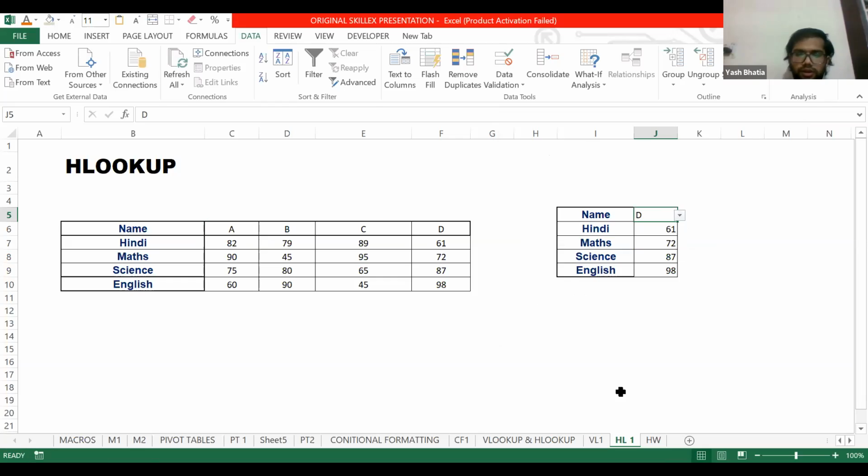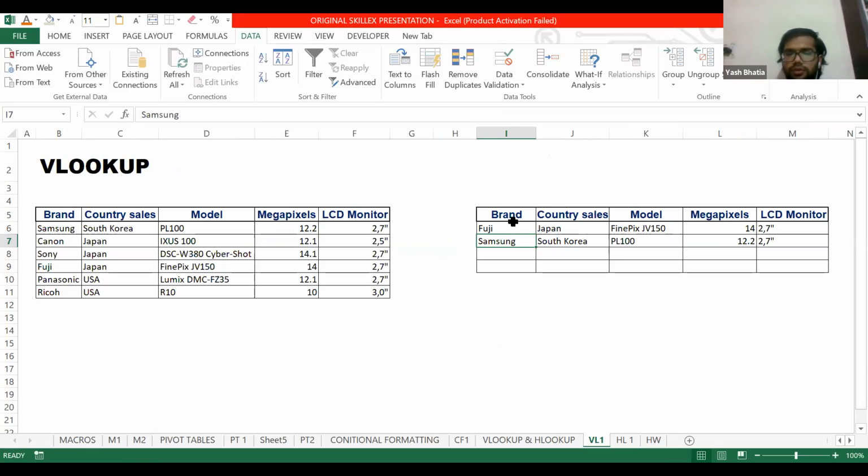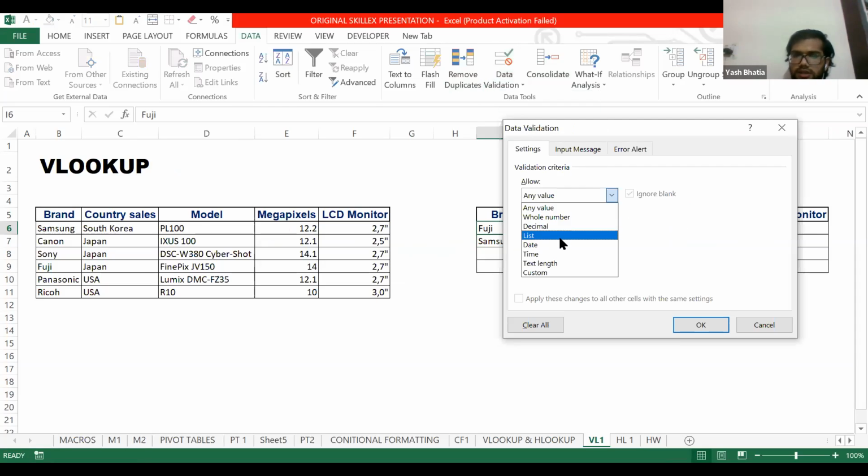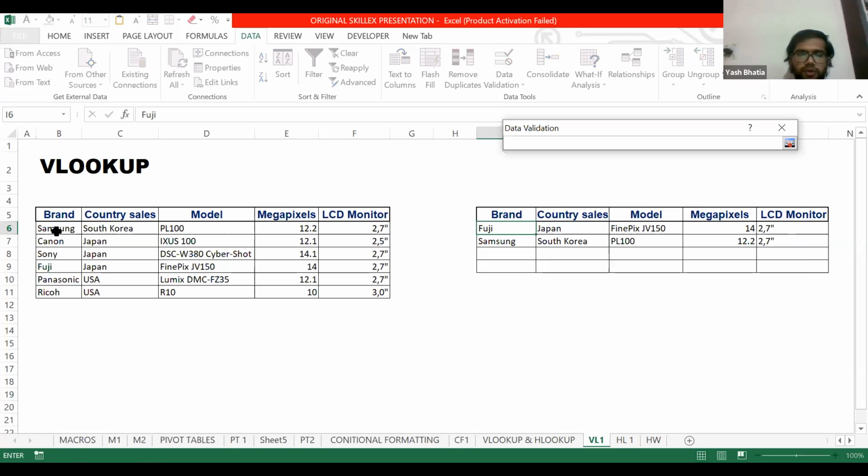If I do it in VLOOKUP, I can easily do it. What I have to do is just select the lookup value, and under the Data tab, click on the data validation button. In data validation, I select the option of list. I give the source where various names are. Select it.